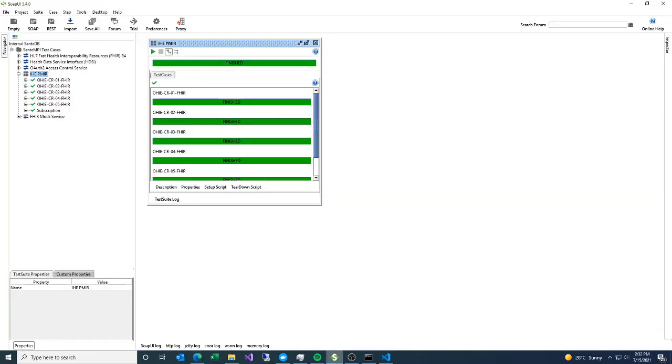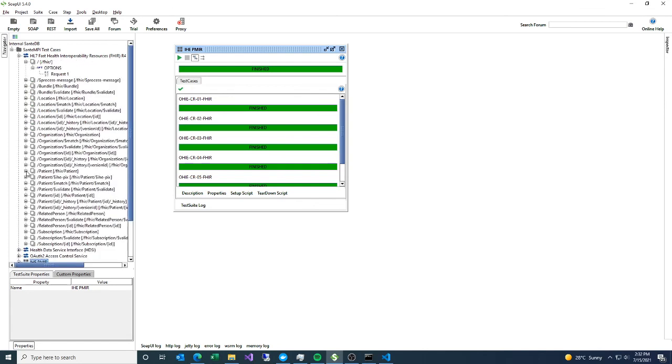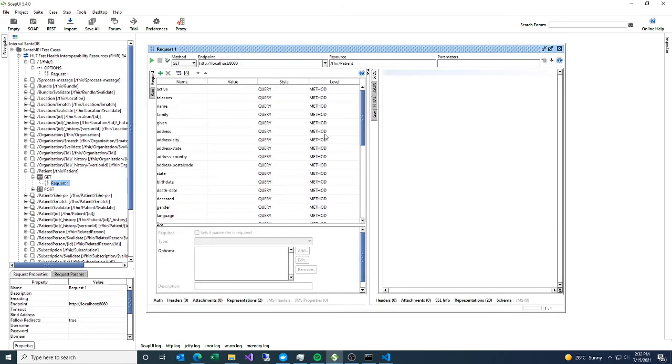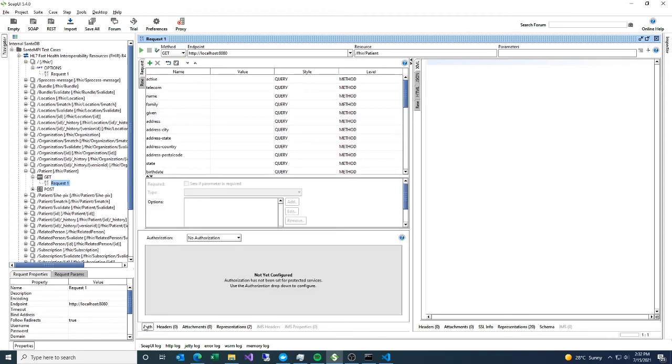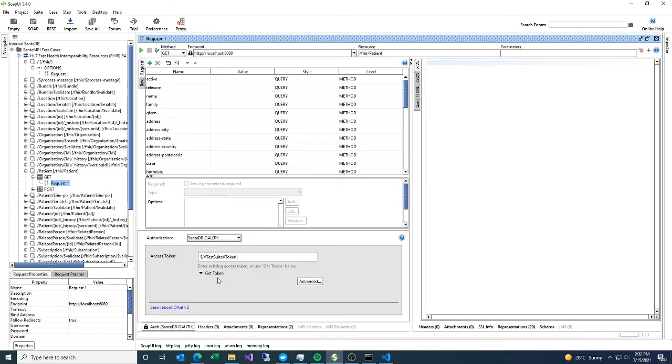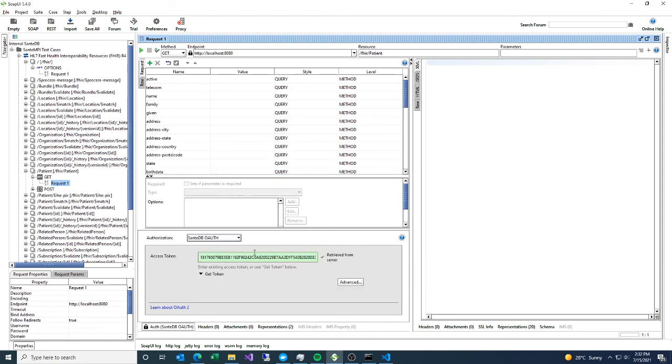Finally, if you want to play around with the Fire interfaces, you can use the SoapUI interfaces. So for example, I can just expand, let's go for patients, we'll do a get. We do have to enable the authorization though. So in SoapUI, you can click on the Auth tab, click on SanteDB OAuth, and click on the Get Token option. And what this will do is authenticate the application